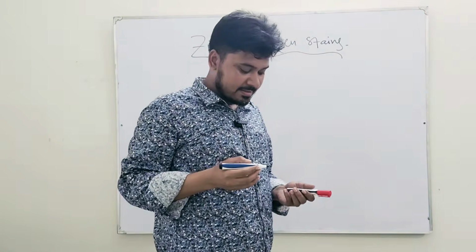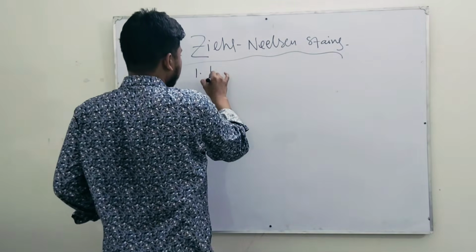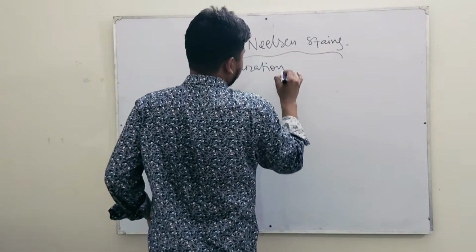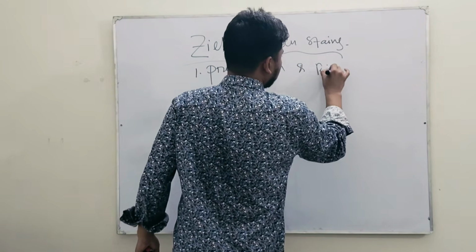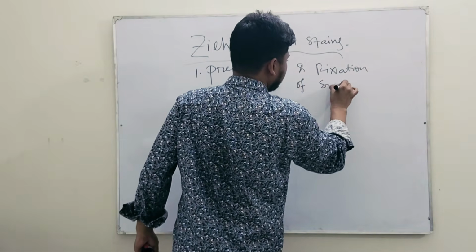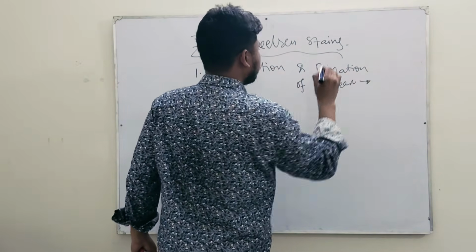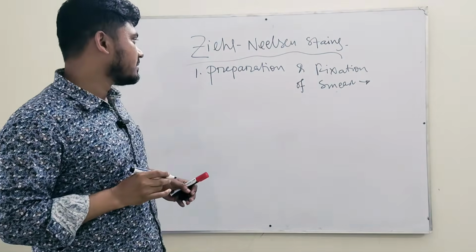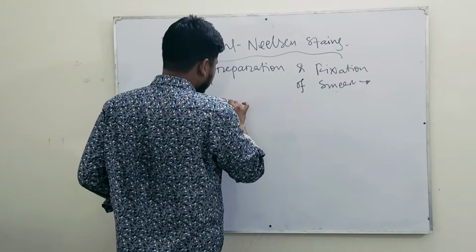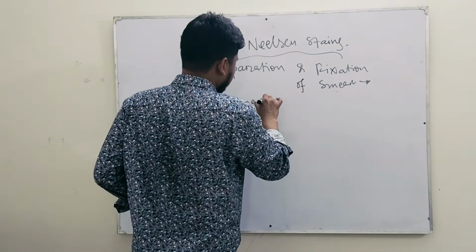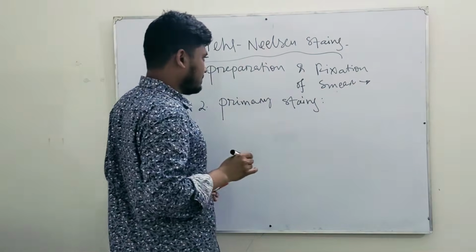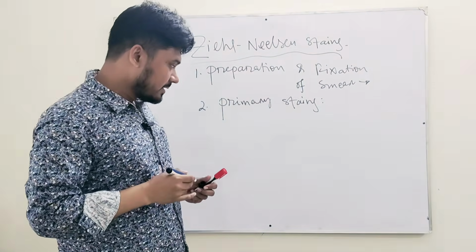Now come to Ziehl-Neelsen staining. First step is preparation and fixation of smear. This smear preparation and fixation are similar to gram staining. Then come to primary staining. Here primary staining is done with